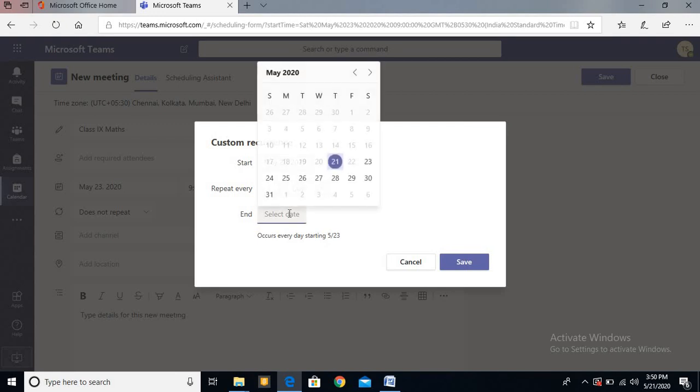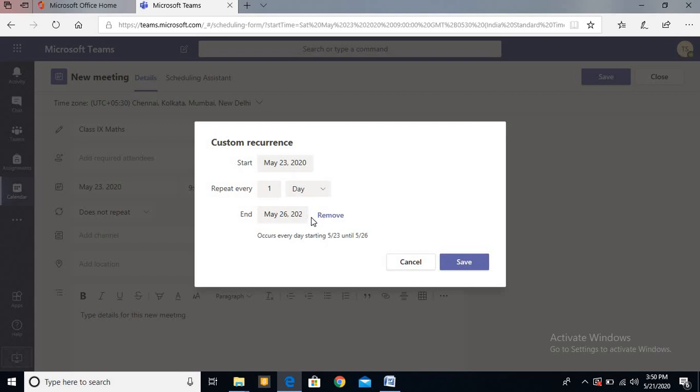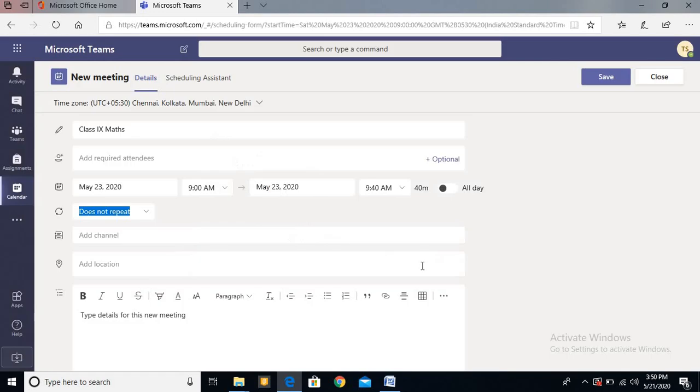Here you can select a date, say 24, 26. In that way you can choose, but I'm not going to customize, so I'm going to cancel this. I just schedule for one day, so I'm not going to repeat this. It does not repeat. Now you can also choose every weekday, Monday to Friday. It's your wish, whatever schedule you want to choose from here.